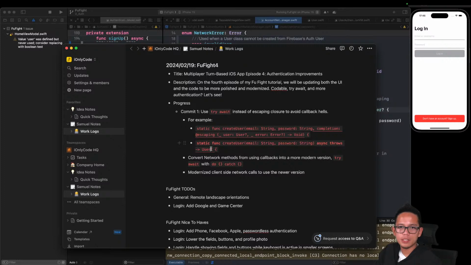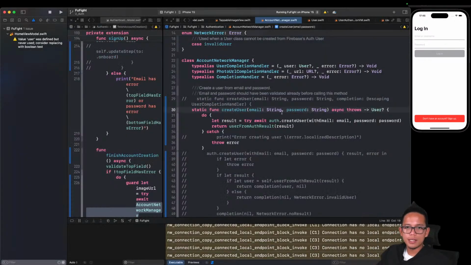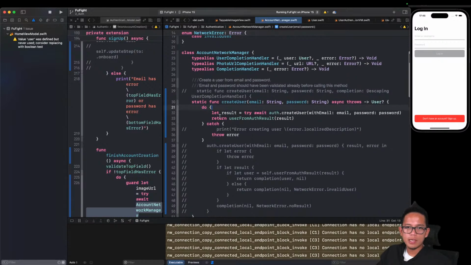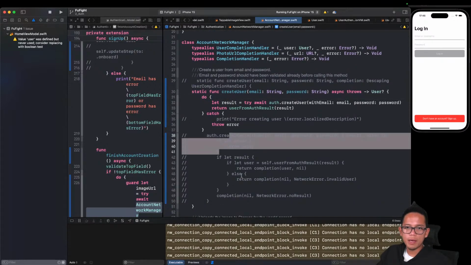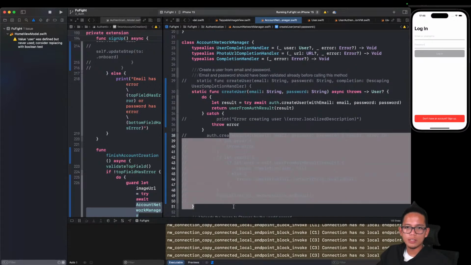And then since this is our expected value, just like this one, that's going to be our return. And then yes, basically our code now looks like this, from this into this. And then our callback to create our user, our call to create the user